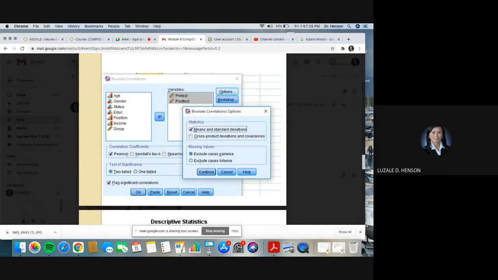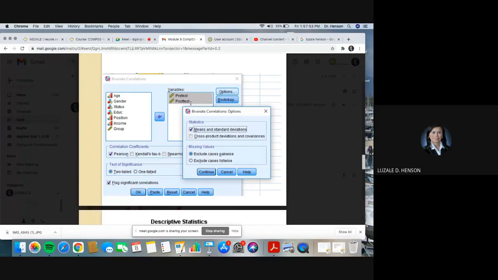So before you test the relationship, you have to make sure that the pre-test distribution is normally distributed, and the post-test data points are also normally distributed. Once you determine that the distributions of both variables are normally distributed, then you can proceed